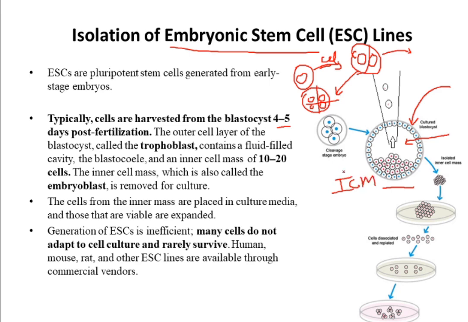So in order to isolate it, one has to harvest the human embryo. The point you should note here is that we are talking about harvesting the human embryo. Then we have to cut this part of the human embryo so that a pipette with suction pressure can be inserted inside that embryo, and because of this suction pressure it will aspirate these ICM cells.